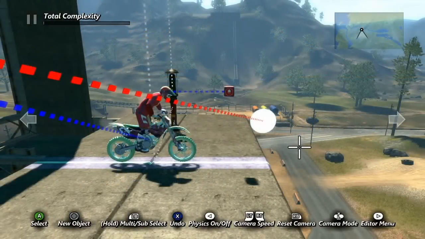This lesson will be an important one for anybody who wants to use physics in their treks. The way physics work in the Trials Evolution engine is that objects with dynamic physics will only have those physics properties when they are within a designated area. This area is an invisible bubble that follows the rider, but like everything else in this game, you can adjust